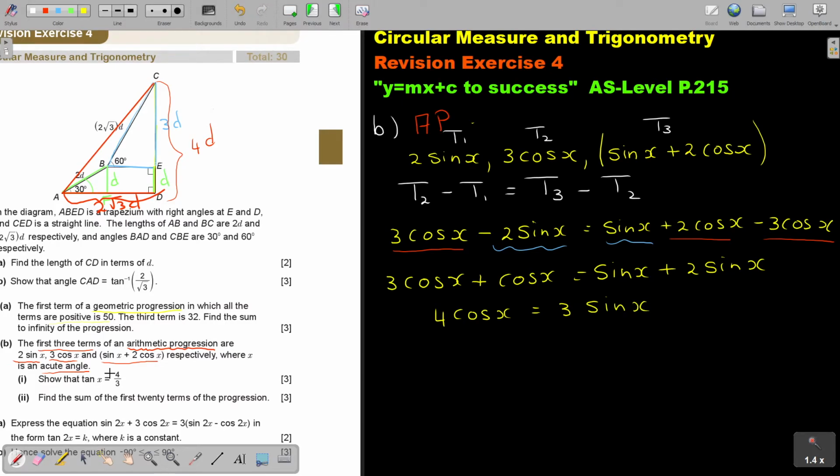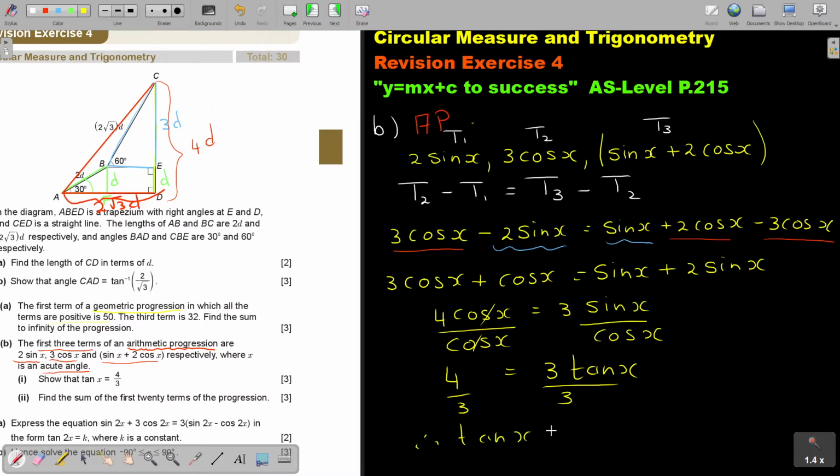Now, they want to go to tan. If they want to go to tan, then I must divide by cos x. So I'm ending up with 4, that cancels, equals 3 tan x. And now I divide by 3, so therefore tan x is equal to 4 over 3. Exactly what they showed me there. And now,